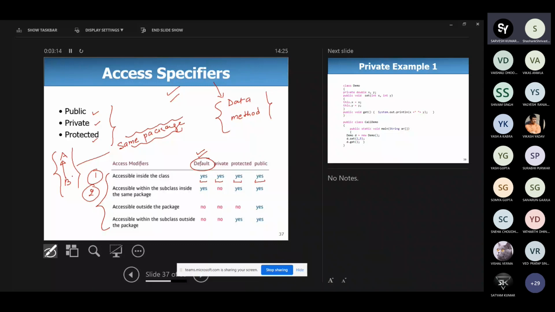So in a package there are various classes, and various interfaces are also there, but here the interface was not discussed. The package will basically consist of several classes. So suppose there are 2 classes A and B. A is the parent class, B is the child class. In this case, if the member is declared as public,